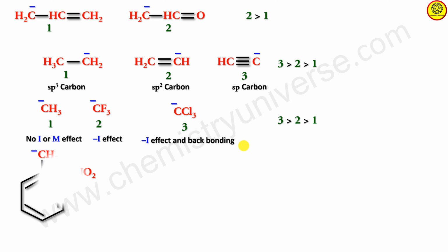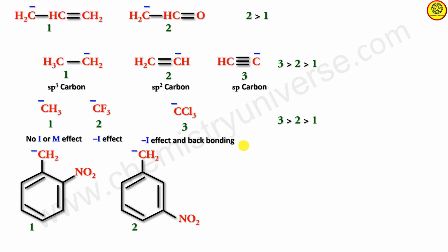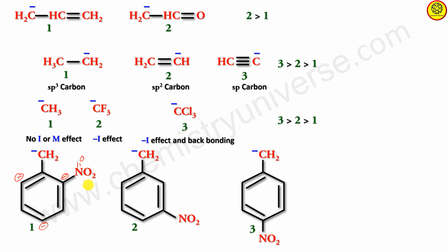Try this. And whenever you get these questions, pause the video. Now you should pause the video and try to find out the stability on your own and then check. If you look at the first one, the negative charge is on this carbon. Eventually it will come here, then here, and then here, always going into the alternate atoms. But here you have N double bond O, O negative. There is further resonance. So you have 4 resonating structures, 4 atoms on which the negative charge is spread, including